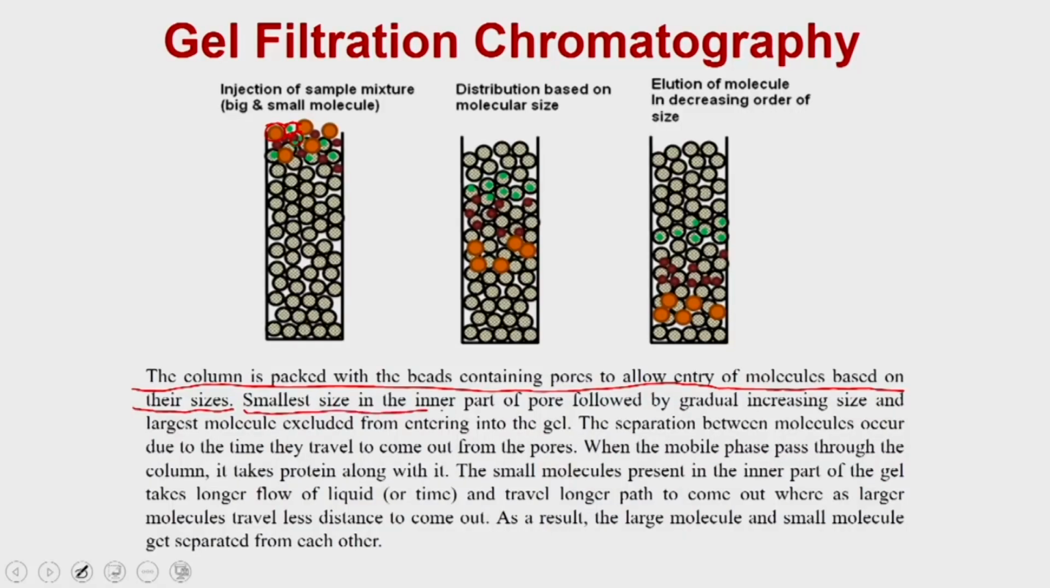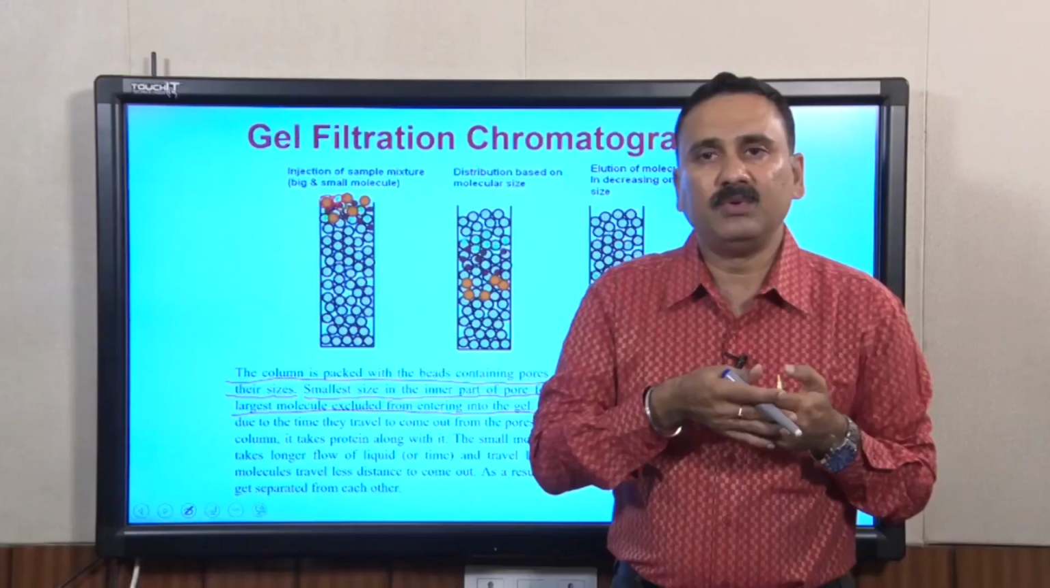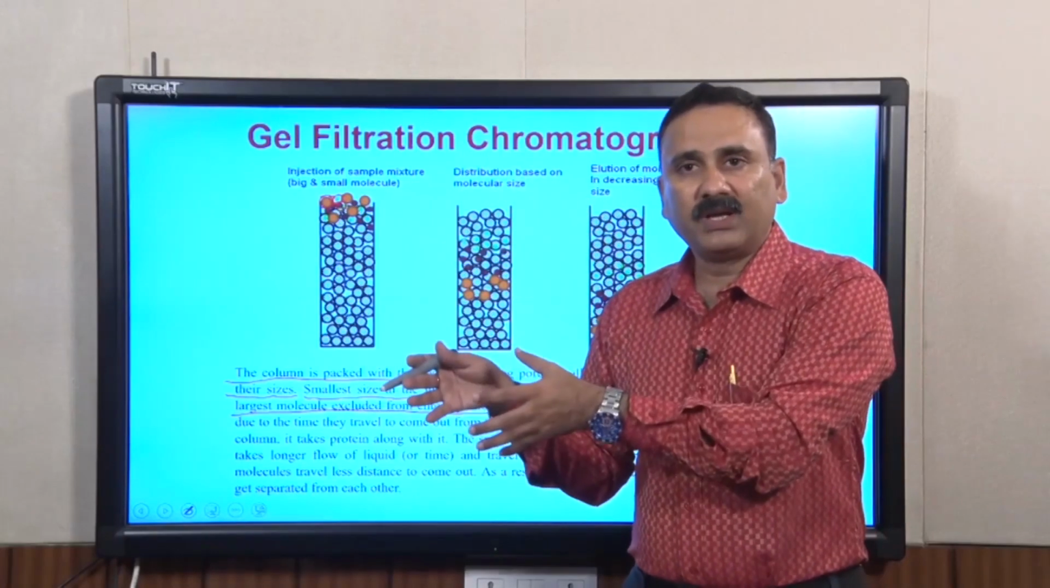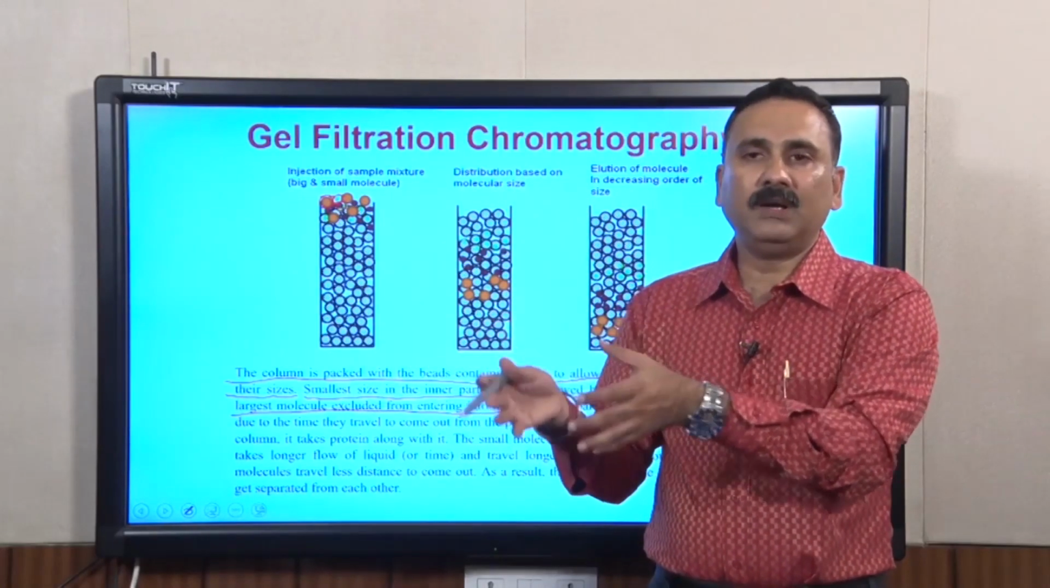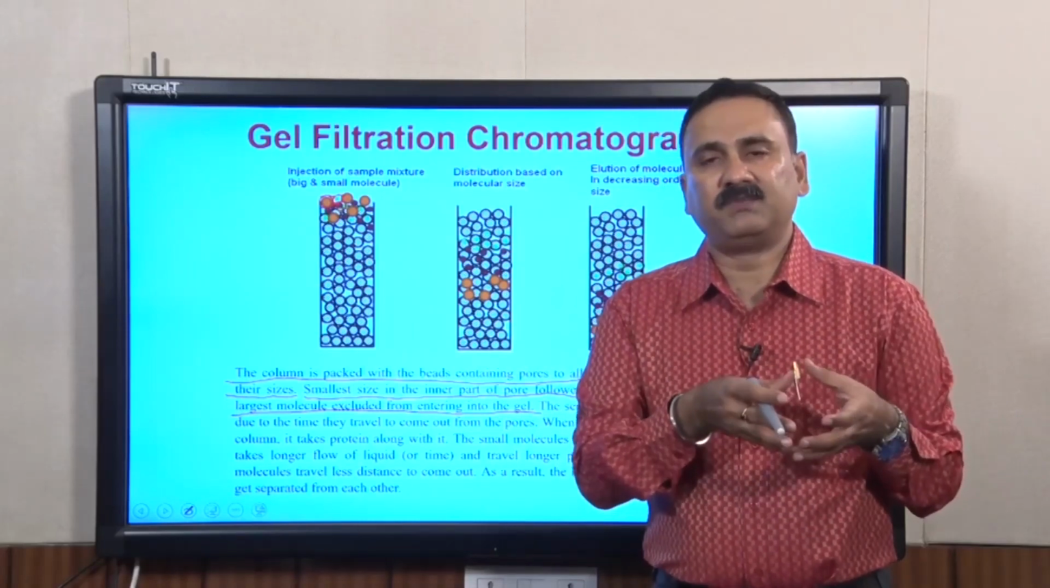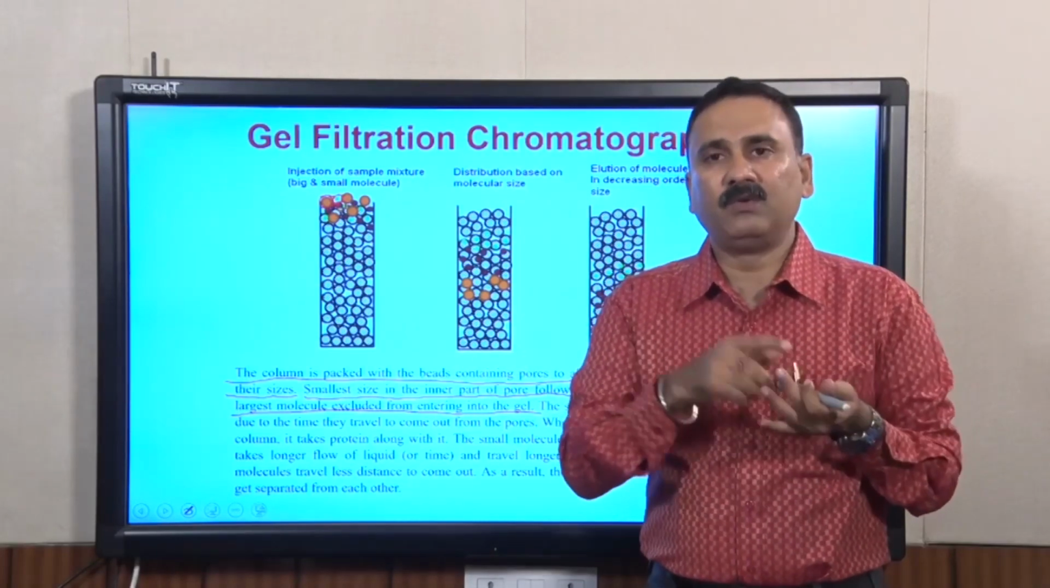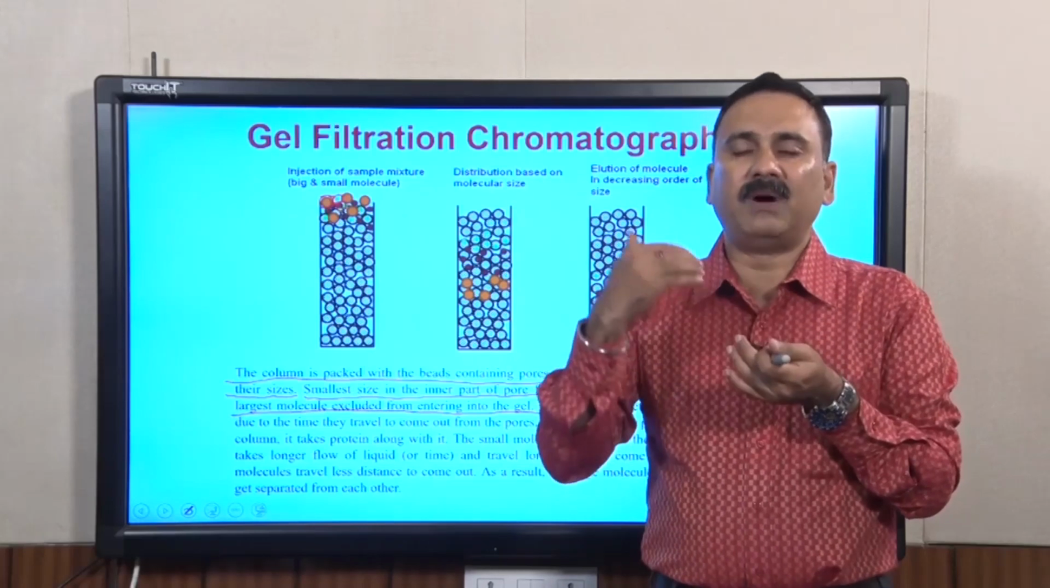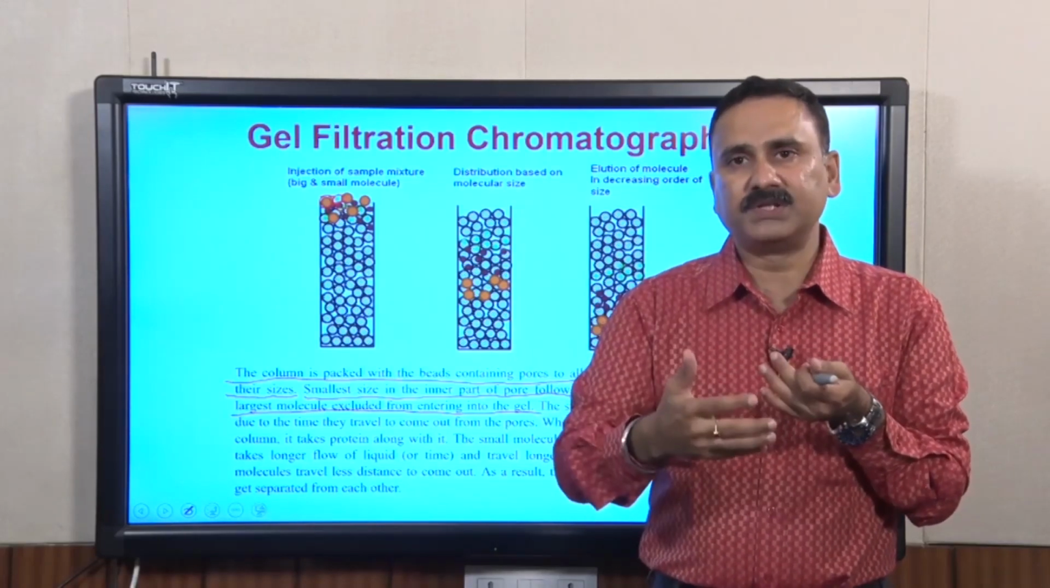So, the smallest size in the inner part of the pore, followed by gradually increasing size, and the largest molecule is excluded from entering into the gel. This means here also the molecules are going to be distributed from the outside buffer into the buffer which is present inside the pores. So, it will get exchanged with the buffer which is present inside the pores, and